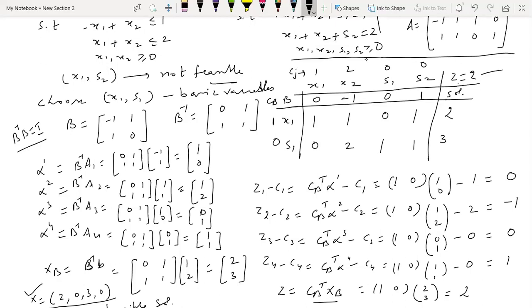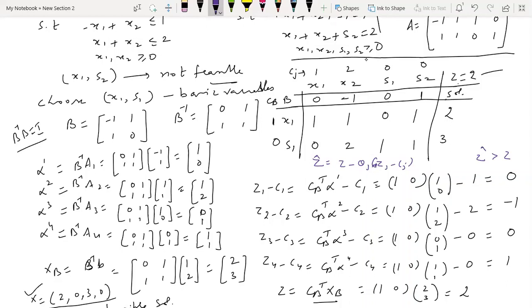Okay, so as I discussed earlier also, we had a formula called z hat is equal to z minus theta j into zj minus cj. Okay, so z hat is actually my new objective function value which I want to obtain at a new basic feasible solution. So this formula also indicates whether there exists such a basic feasible solution which gives me a value z hat such that z hat is more than z.